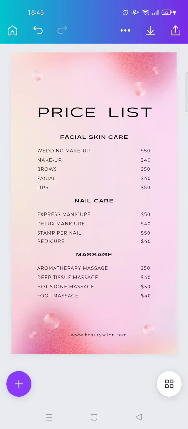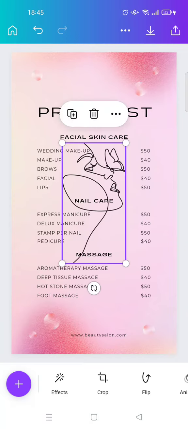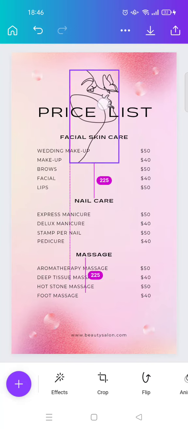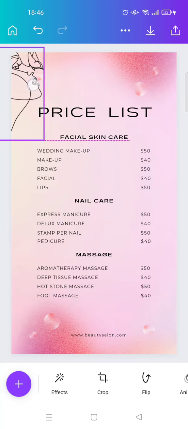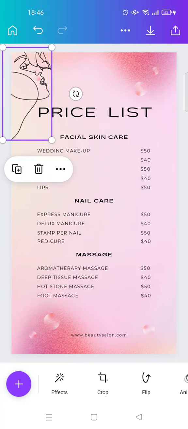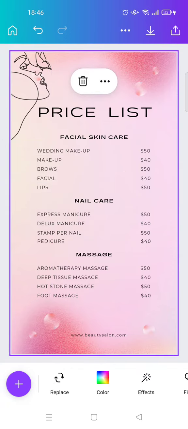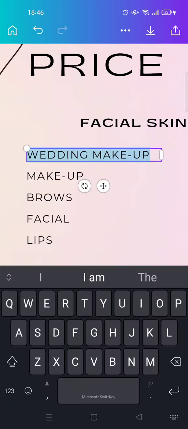Okay, and then after that you can add your own logo. Okay, so let's say this is my business logo. You can put it anywhere you like, but I'm going to put it in here like this. Then you can adjust, well, for example, the items or the price by double click on each item